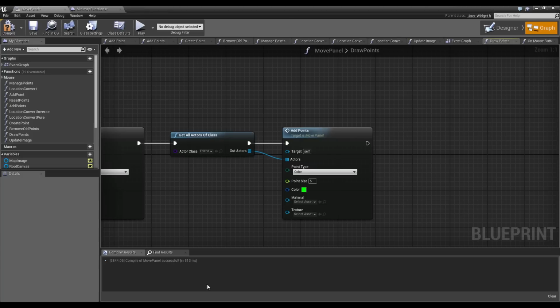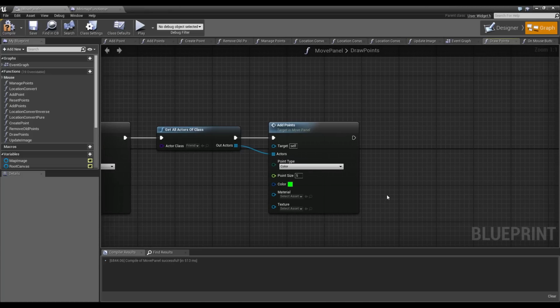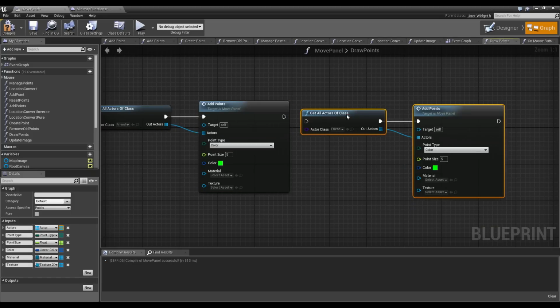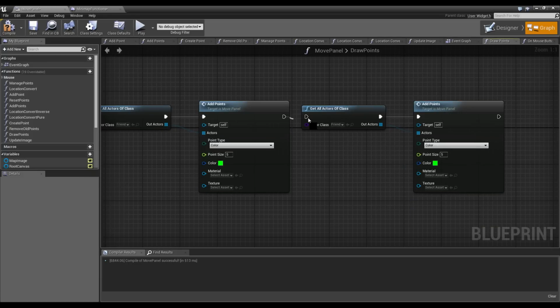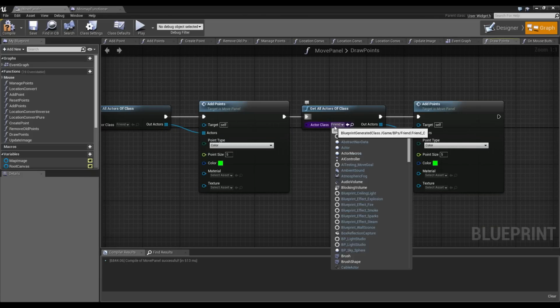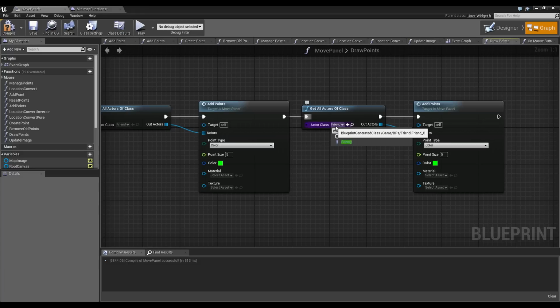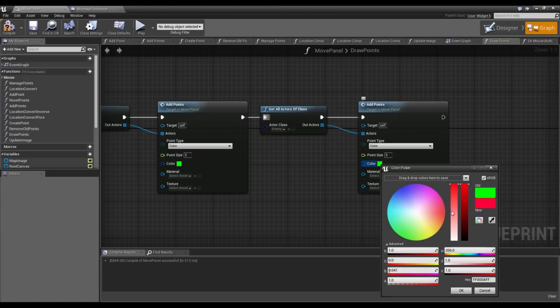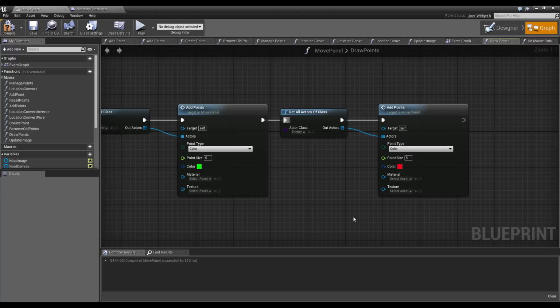Now we will do the same thing for our enemies. So we will just copy and paste this stuff and connect it here. Instead of friend we will use enemy, and we will change the color from green to red. And I want to have a nice red, so this is a nice red. And we just hit compile,